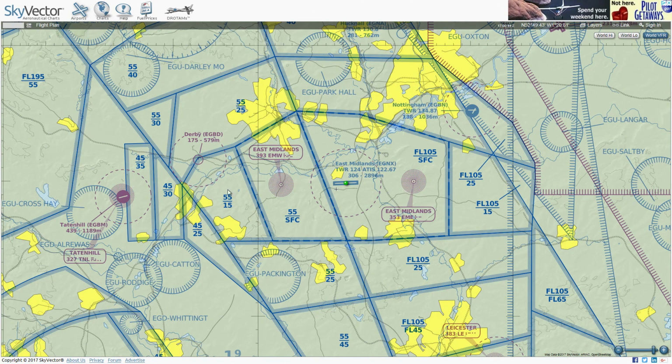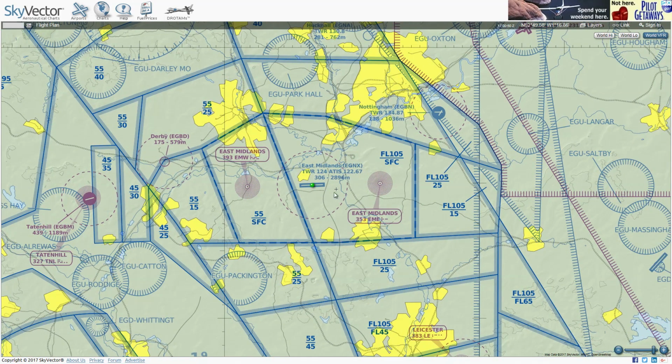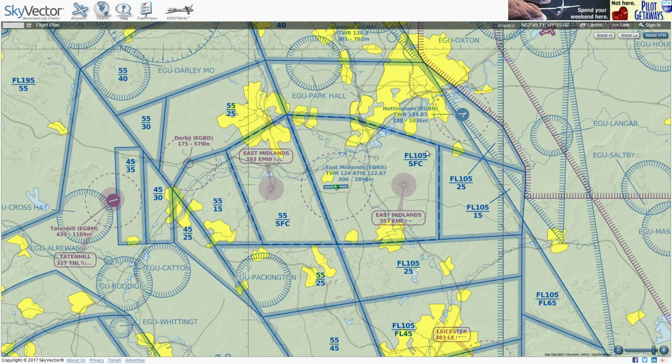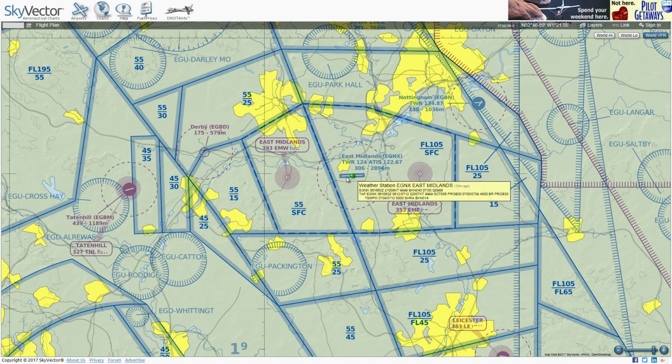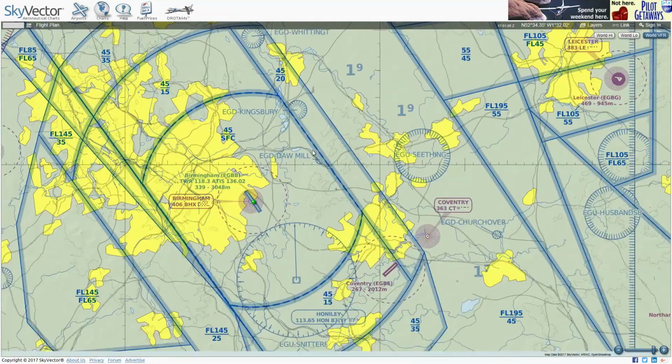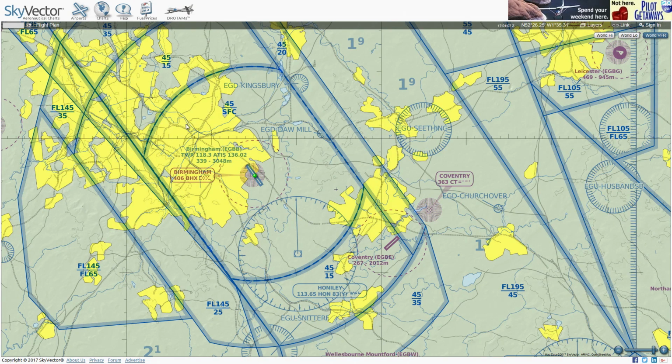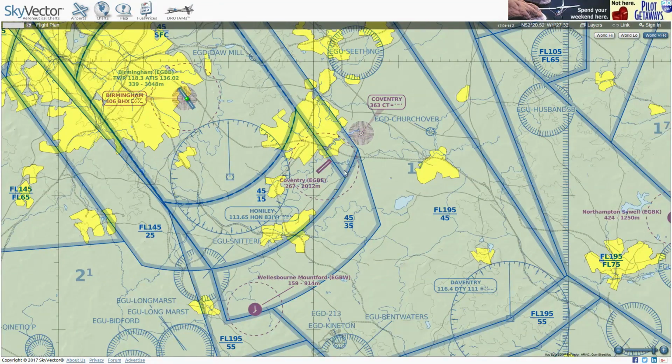So for example, this one here has an upper limit of 5,500 feet and a lower limit of 1,500 feet. This one here has an upper limit of flight level 105, which is 10,500 feet, and a lower limit of ground level. You can imagine why it's ground level, or you can work it out. There's an airport there, so this airspace is controlled right the way down to ground level. Similarly, you'll see the same thing here. Birmingham Airport, that whole area is controlled right the way down to ground level,